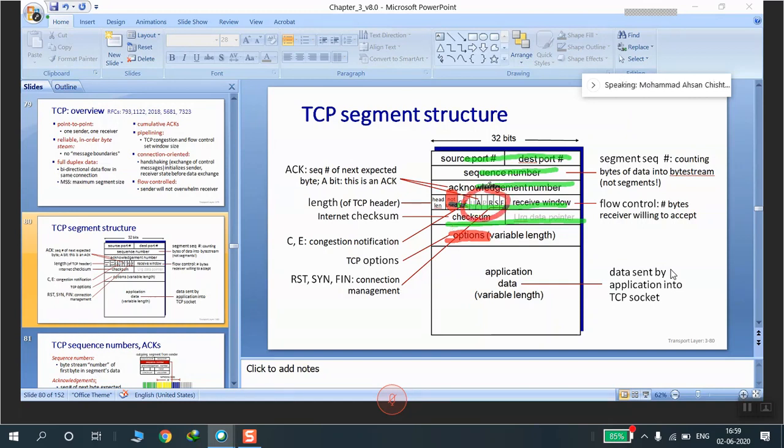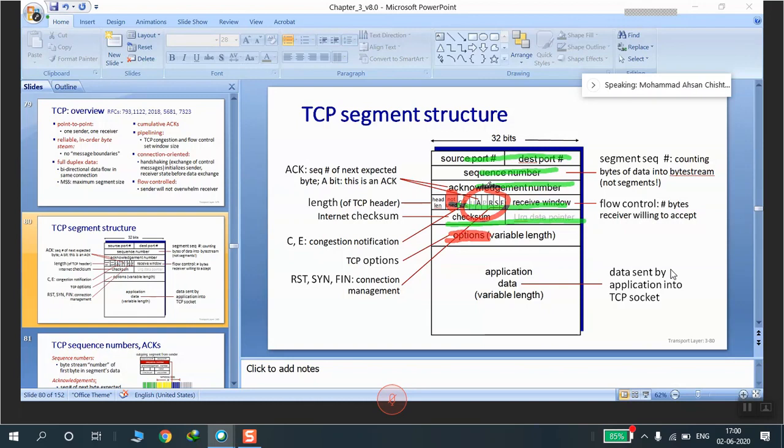These are the flag bits, the 9 control bits, which include urgent, ACK as acknowledgement, PSH as push function, RST as reset the connection, SYN as synchronize sequence number, and FIN, that is the last packet from the sender. When it's set, it means I am going to end, this is my last one. The window size, the receive window, we'll study when we go for flow control, and we'll also study it in window scaling. The checksum you already studied in the previous one.